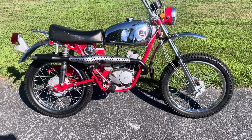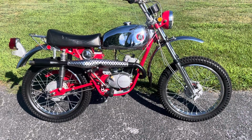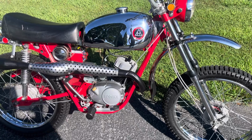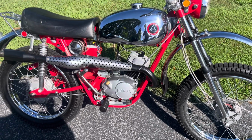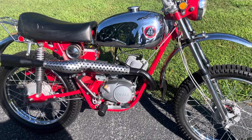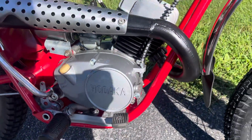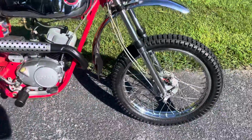As you can see, it has a pretty unique look. The exhaust system kind of reminds me of the old Suzuki TS bikes. Kind of had to do a complete go over on this one. The engine seals were bad, so we rebuilt the entire motor. Obviously repainted everything. The fresh overbore, the usual piston, and so on. But you know, new tires, rebuilt the forks,